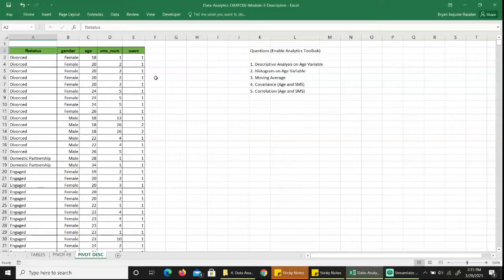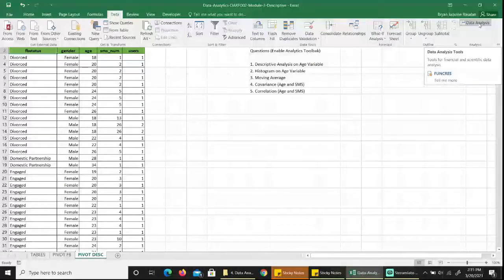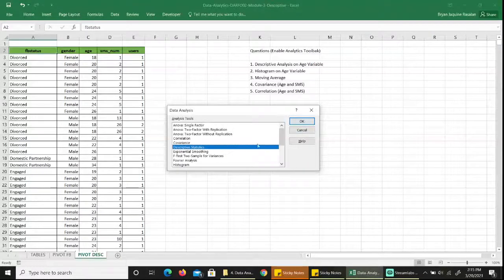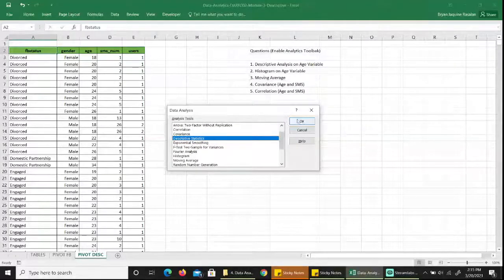Click OK. For us to know if the plugin is enabled, let's go to Data ribbon, and at the very end of the option Analysis, we have Data Analysis. That's the way for us to know that the plugin is already enabled. The data analysis is easy with an analysis toolpack. Just click it, and there are options for us to do different statistical tools, and one is descriptive statistics. So just click OK,